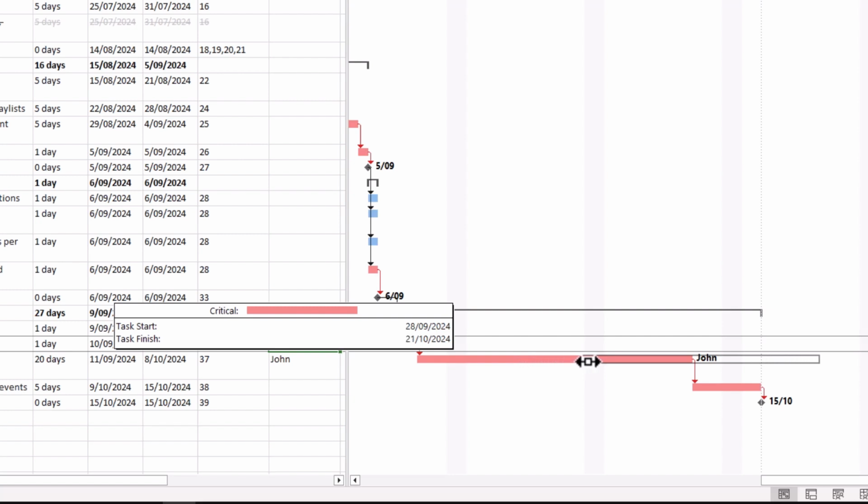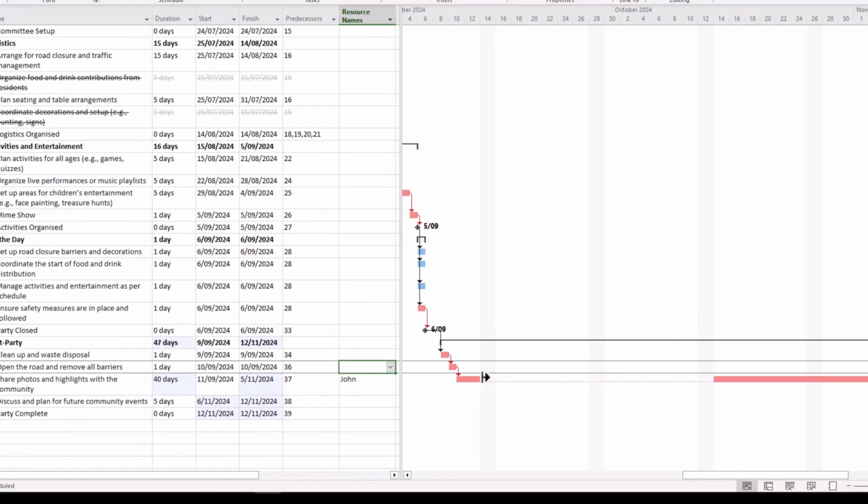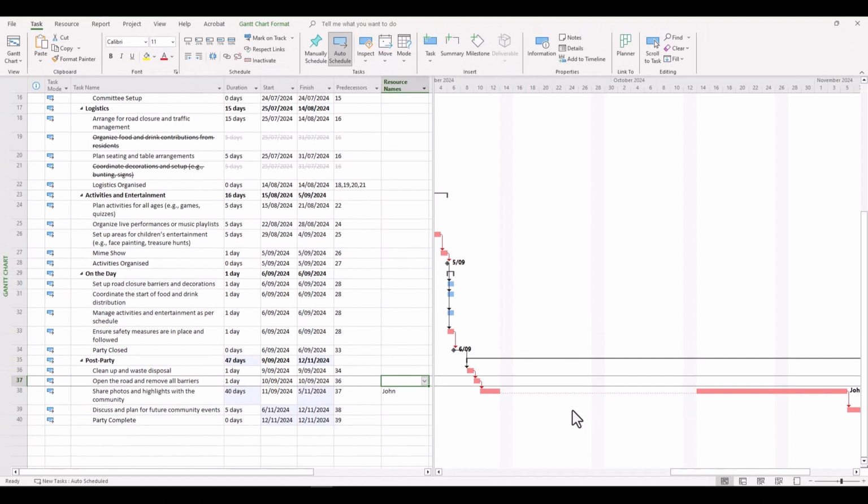So we might say we'll move it to give John close to a month off. So the 6th of the 10th, the 8th, the 10th, the 12th, the 14th. We might stick to the 14th. And then release, and there you have it. You now have a break or a split in that task.